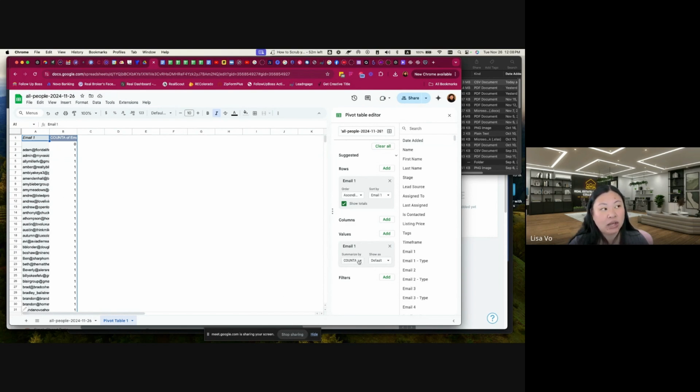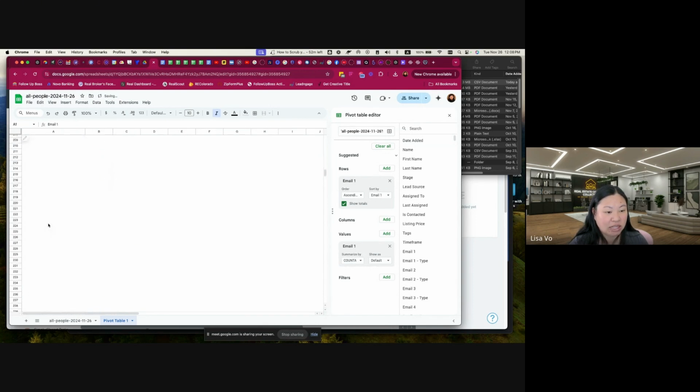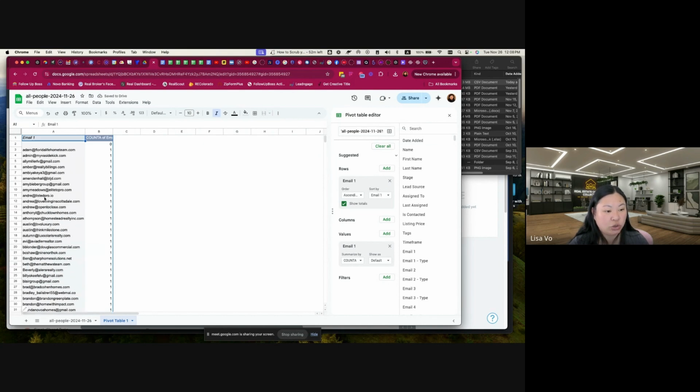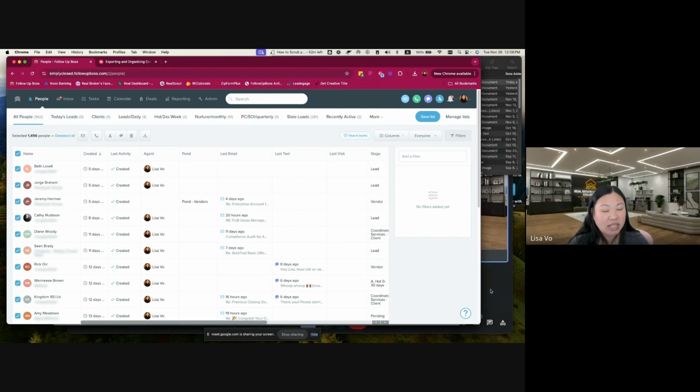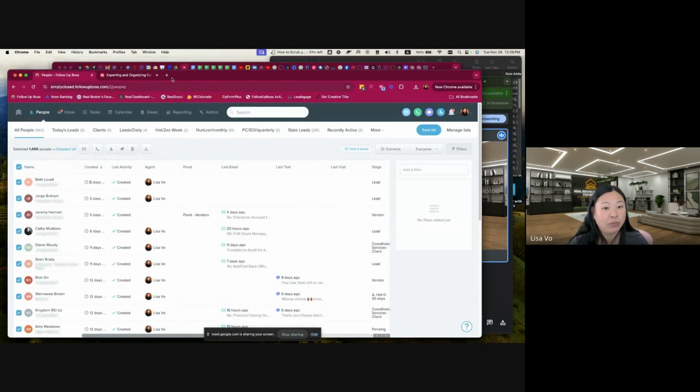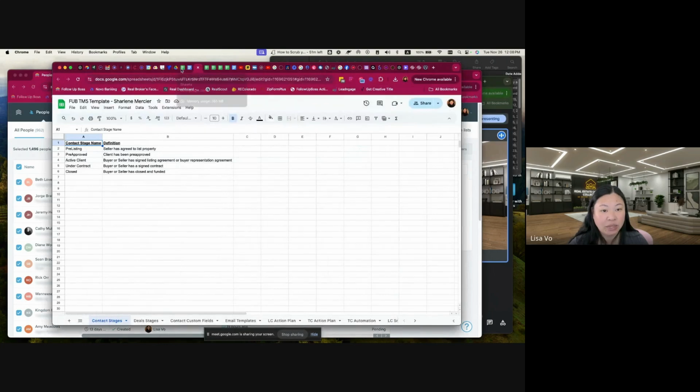Now, if you see somebody who has 2, you can see which one has 2 emails on the left-hand side. What I would then do is grab that email and go over to my Follow Up Boss and pop in that email. It should show you all the people that are listed under that email address, so I can merge them and put them together. That is the very easy way of finding duplicates: you can look in the pivot table and see how many people are sharing the same email addresses as well as